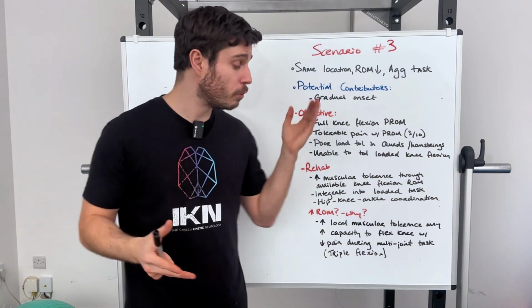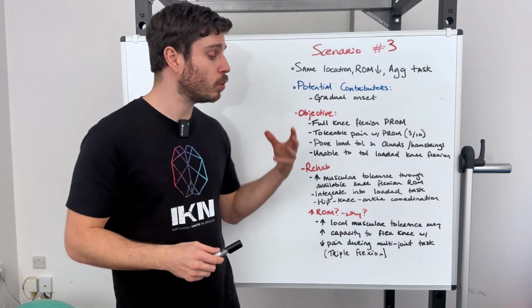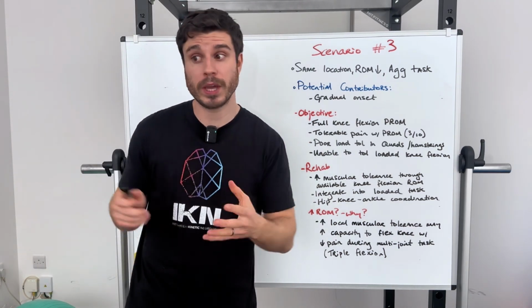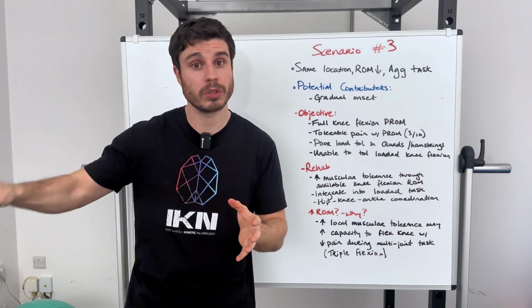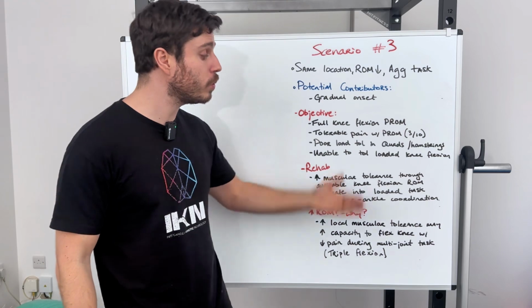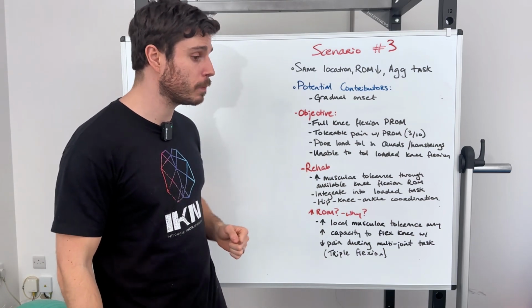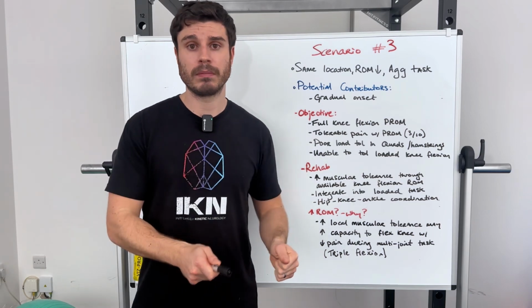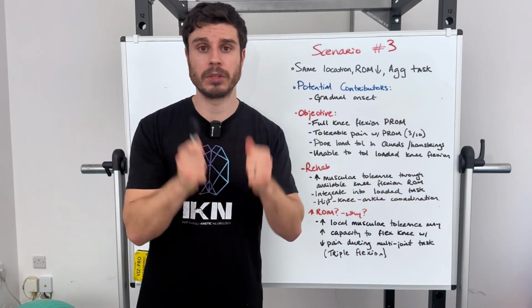So from a rehab standpoint here, we had to gradually increase the muscular load tolerance. So this is the way you're affording more local range of motion during a multi-joint task. You're increasing the muscular tolerance to load through that available knee flexion range of motion. And you're making sure to do that first, because if, for example, similar to case number 1 and case number 2,